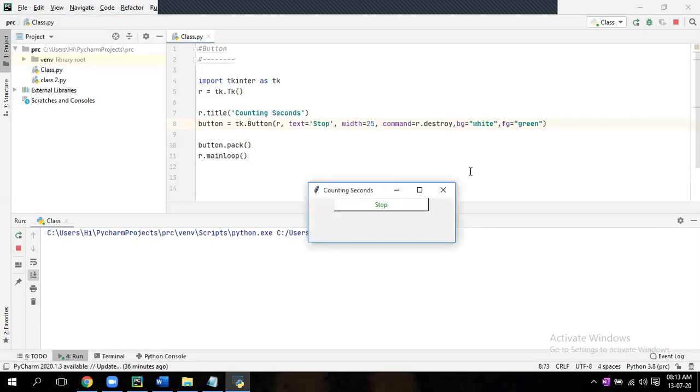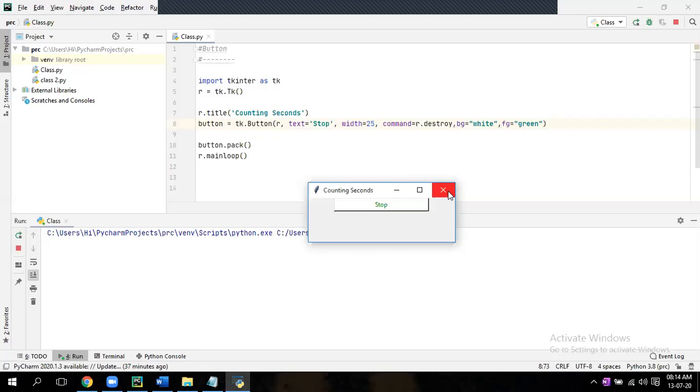Now after this button, there is button dot pack and root dot mainloop. What button.pack and mainloop do internally is combine all the pixels. Inside the mainloop there is a small program made of modules or functions. It will call them, execute some code internally and show the GUI. That's it. For us, there is no need to write those codes again, because otherwise it will become a 10-line code. So instead of that, just change the properties, done.